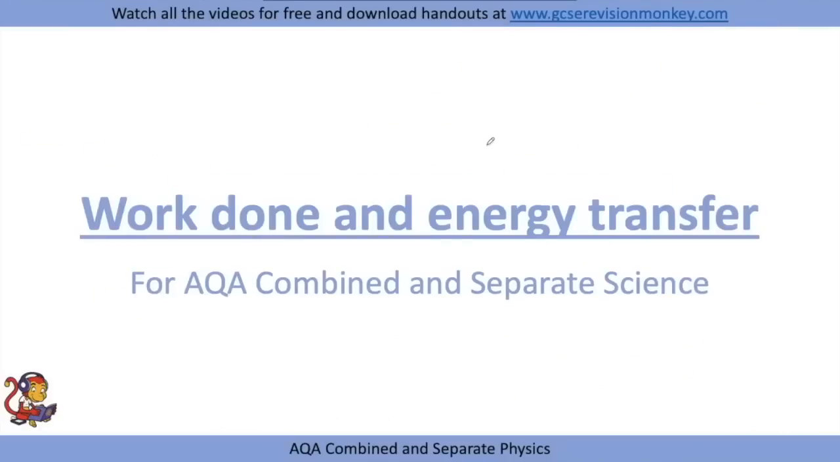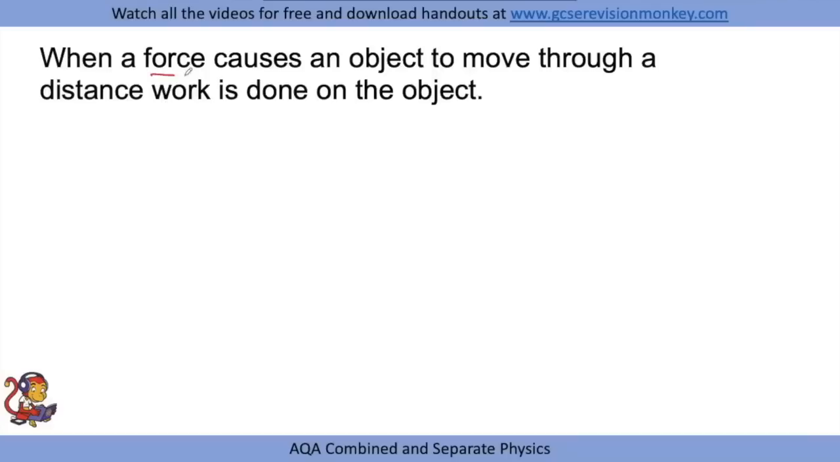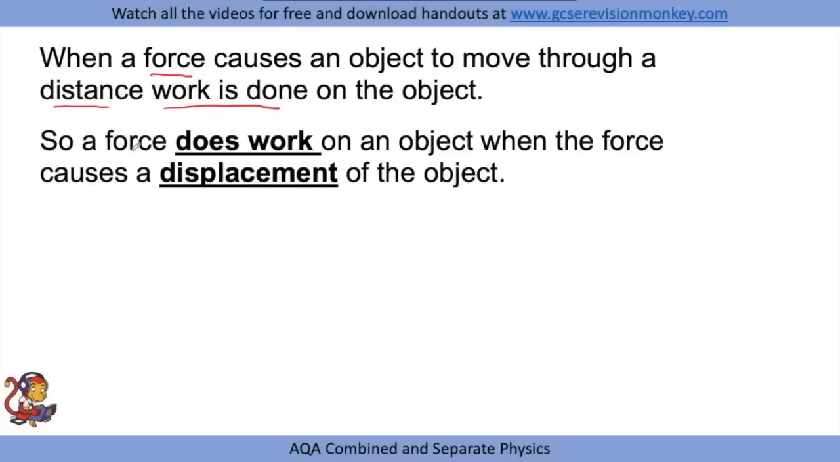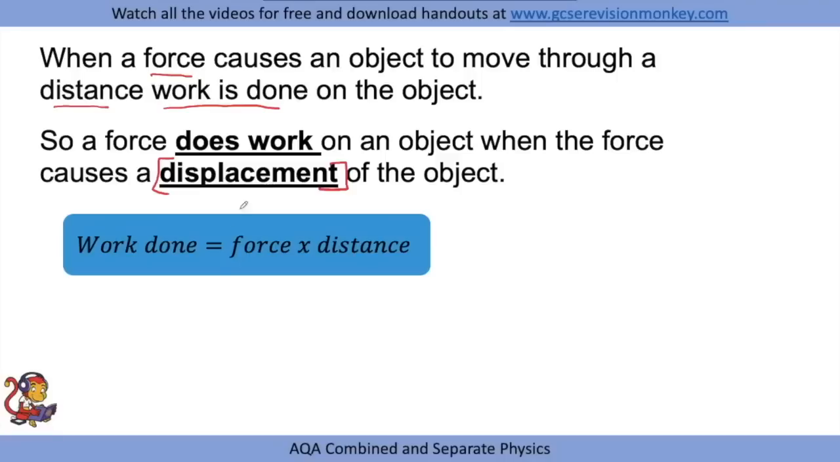Work done and energy transfer. When a force causes an object to move through a distance, work is done on the object. So because we're talking about distances, we can say a force does work on an object when the force causes a displacement of the object, because distance and displacement are linked. Distance is scalar and displacement is vector. So there's an equation that links work done, force and distance, and this is work done equals force times distance,